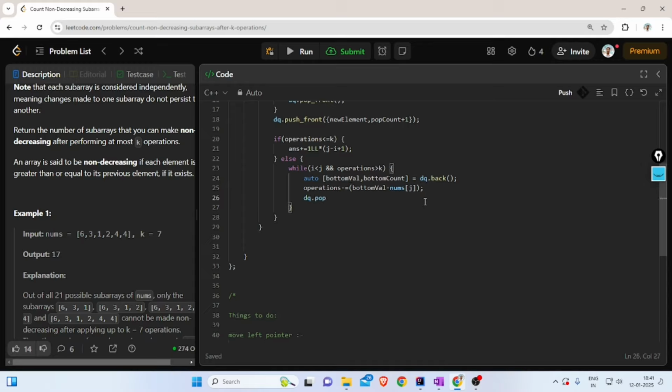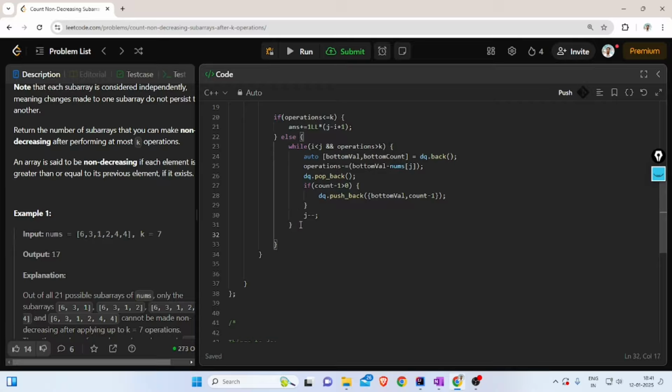Let's lose that deck value from the bottom, and if count minus one, the one that I've lost is this one, nums of j. If it's still greater than 0, then I'm going to push back the popped value with a different count, that is bottom value, comma count minus 1. This is good. Every time I do that, I'm going to reduce the right pointer,